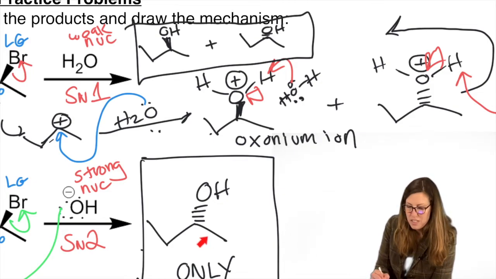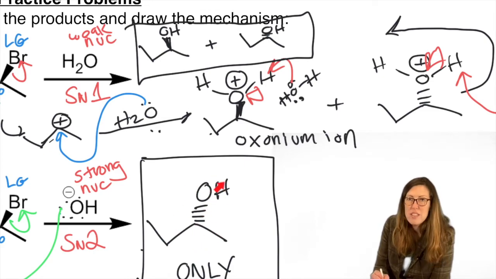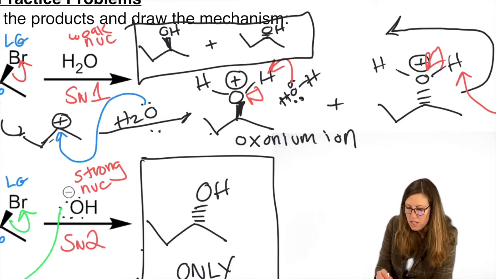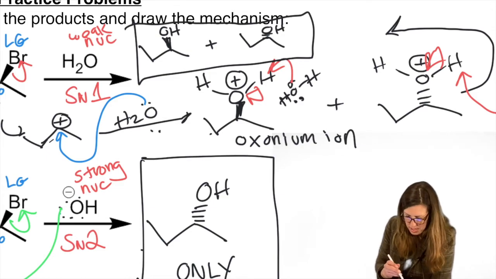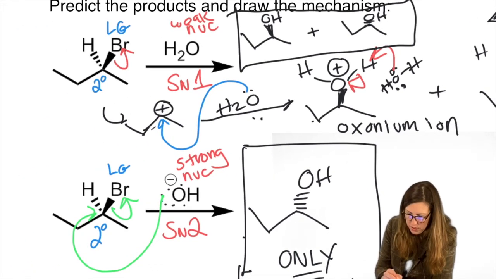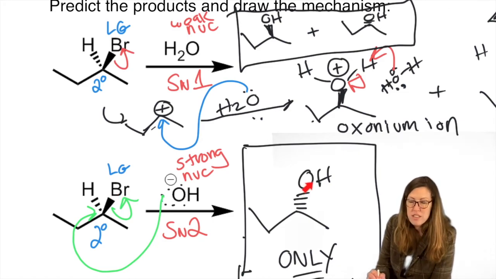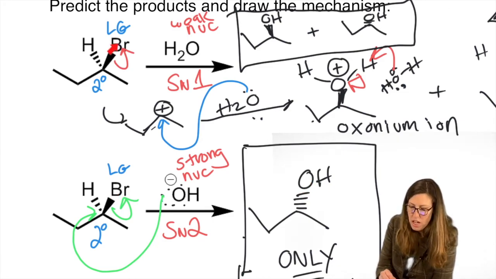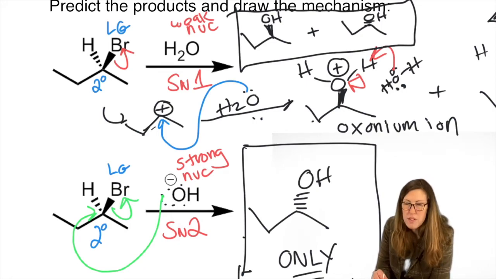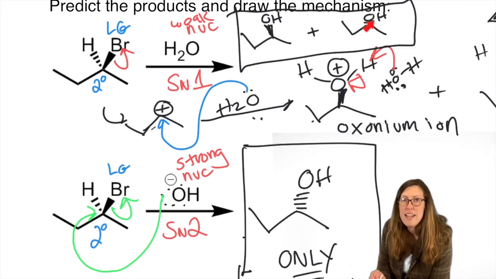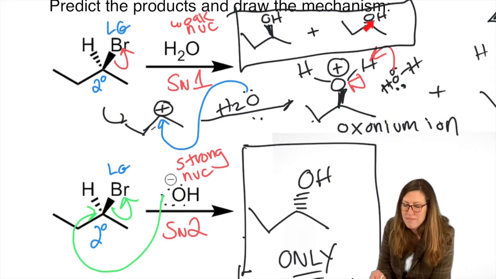SN2, very typical. SN2, only one specific stereocenter. SN1 products, racemic mixture. Both substitutions replaced the leaving group with a new group. Bromine's gone, but now it's inverted, just like in SN2. Bromine's gone, but we have the representation of it replaced on a wedge, also replaced on a dash. Okay?